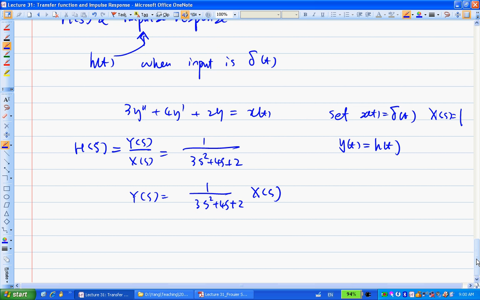Okay, does that make sense? Yeah. And now, what I just did is, I'm changing my input to an impulse signal. Or in other words, my capital X of s is 1, right? So when x of t equals delta t, this capital Y of s, which is the output of the system, becomes